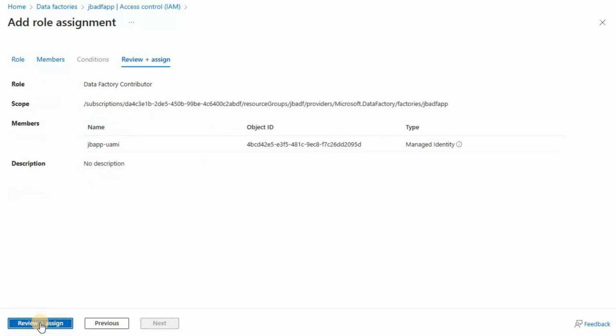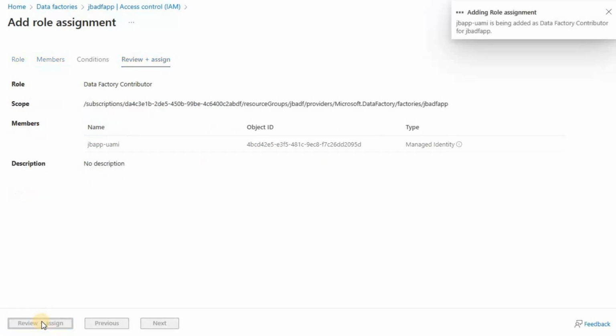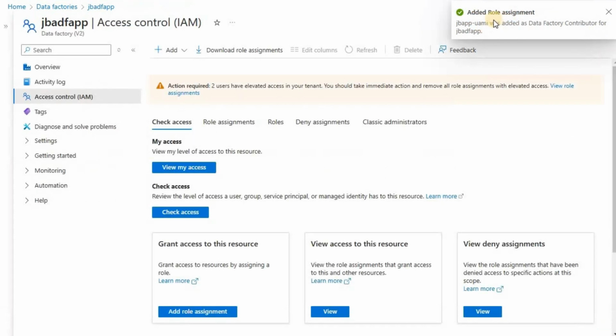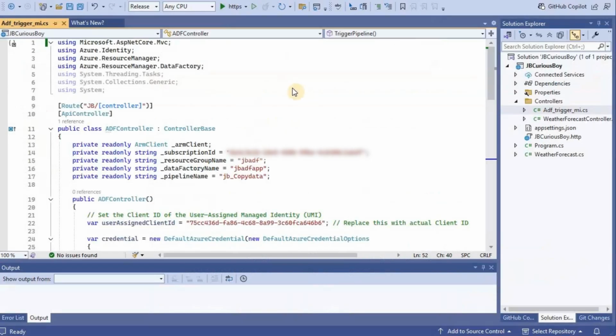Now click on review plus assign and then add it. Let's wait for it to complete. It's added now. So now what we'll do is, let's go to our